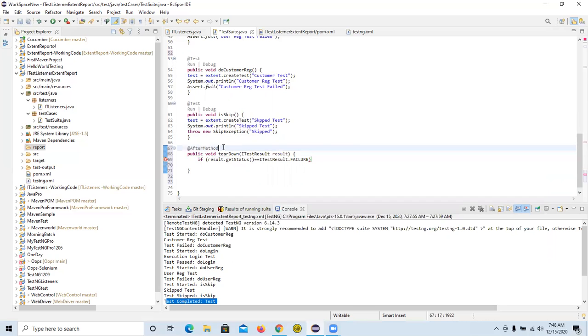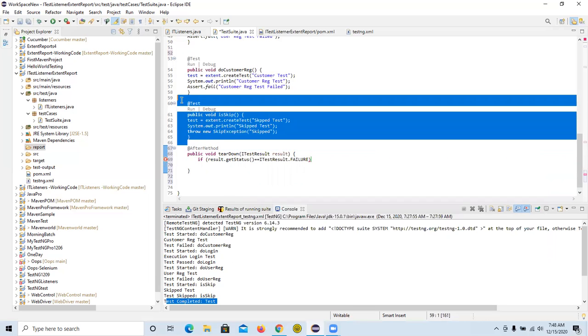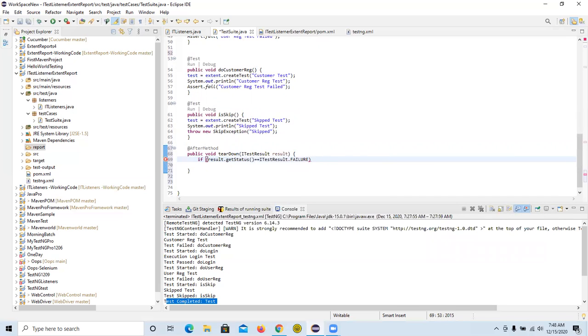When this method is failing, equal to this fail, then we have to write some code here. Okay, else